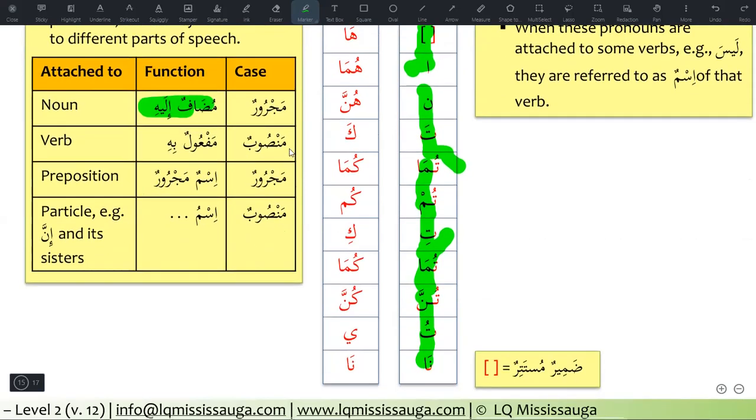Number 2, mansub as a maf'ul bihi. Number 3, majroor as ismun majroor, like jar majroor. And mansub as the ism of inna. We have